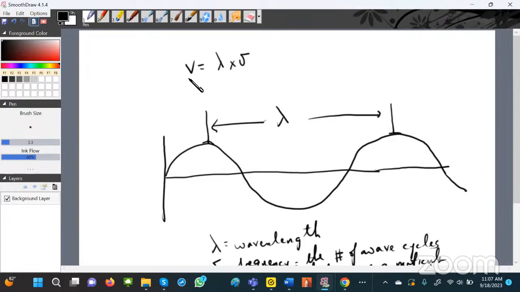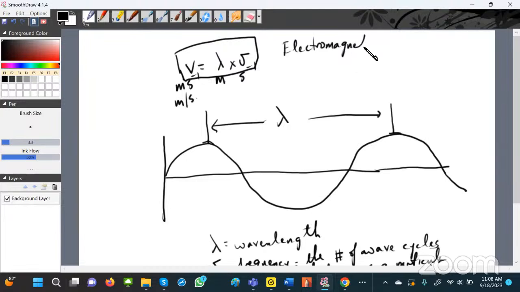Now, the units of velocity is dependent on whatever unit you have for both wavelength and frequency. Typically, in this equation here, the wavelength unit would be in meters, and the frequency would be in seconds to the -1, which is the same thing as hertz, which means that the velocity of the wave would be expressed in units of m s to the -1, which is the same thing as meters per second, all right? So that's a relationship between the velocity, the wavelength, and the frequency, and this is true for any waveform, all right? Now, specifically as it relates to electromagnetic radiation,